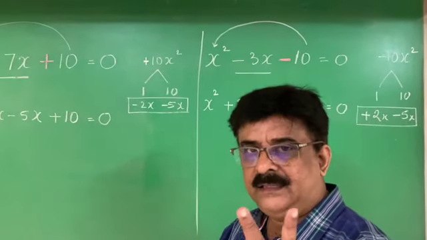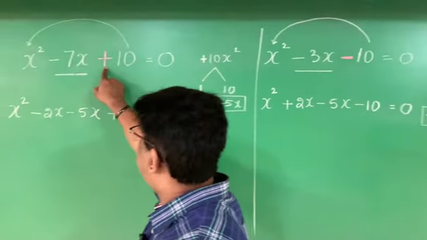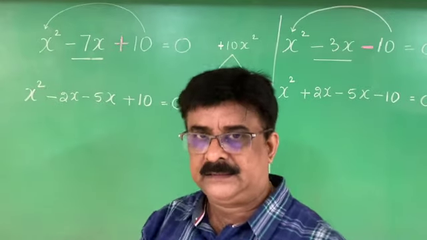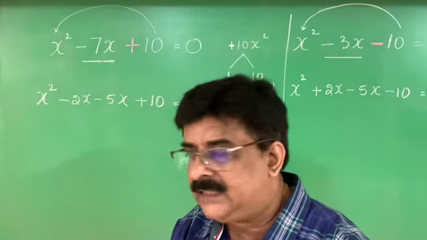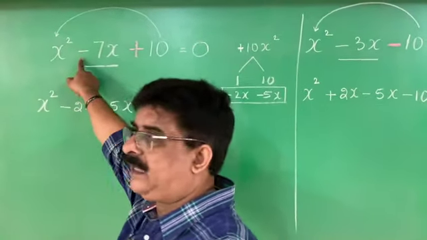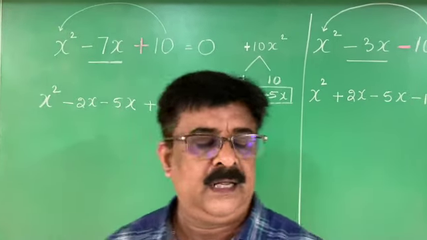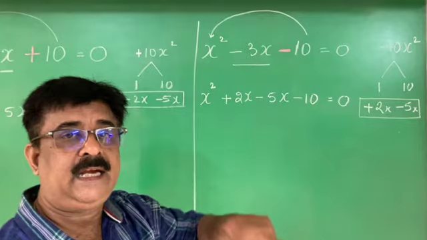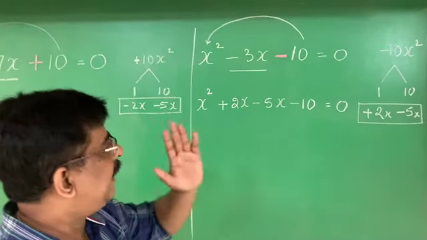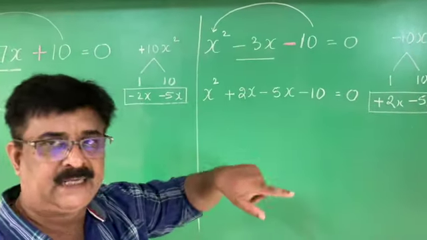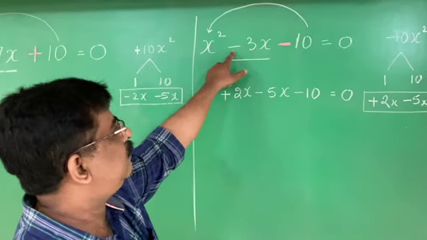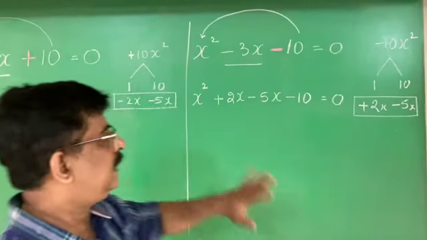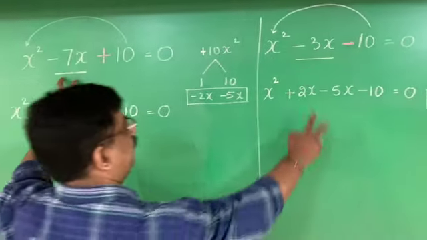Only 2 tricks. If it is plus, you have to add the factors. If you are adding the factors, put the sign of the linear term for both the factors. If it is minus, you have to get the linear term by subtraction. If you are getting the linear term by subtraction, then the sign of the linear term should be given for the bigger number. That is splitting the middle term. Now I split the middle term.